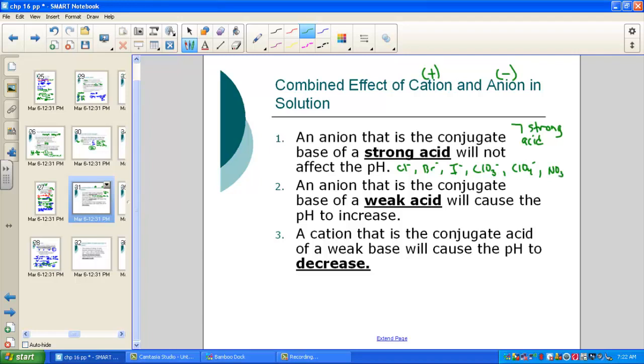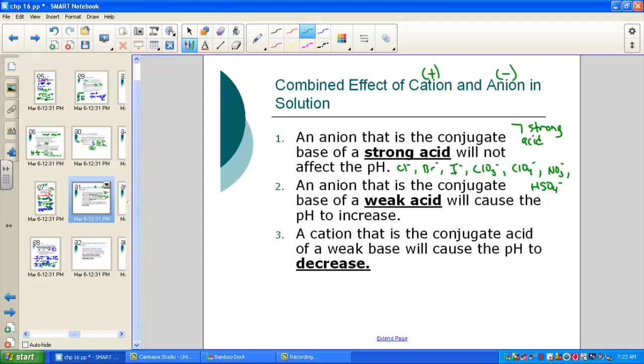We had nitrate coming from nitric acid, no effect. And of course, the polyatomic ion hydrogen sulfate, the conjugate base of sulfuric acid. So these 7 negative ions will not affect the pH of a solution, but that leaves a lot of last